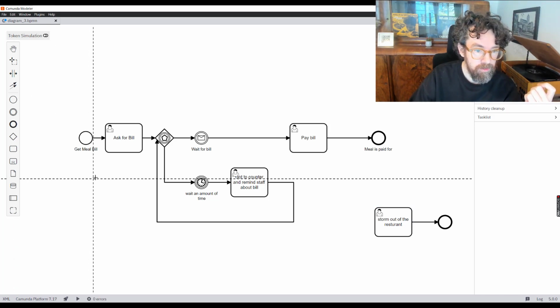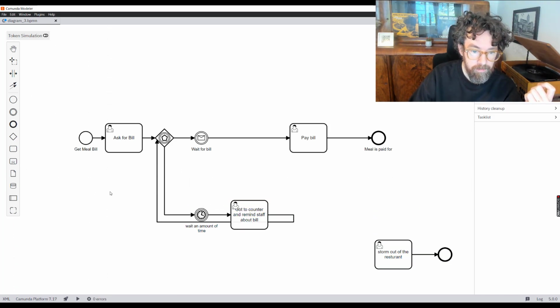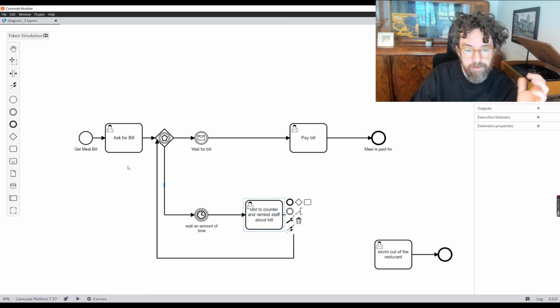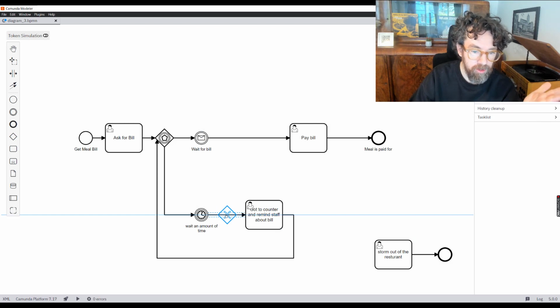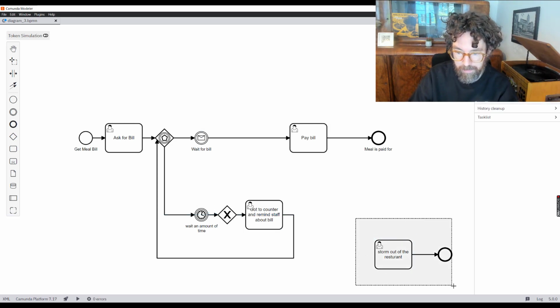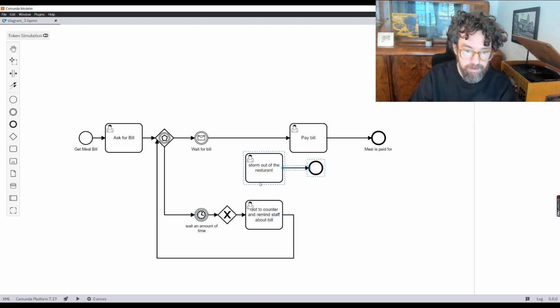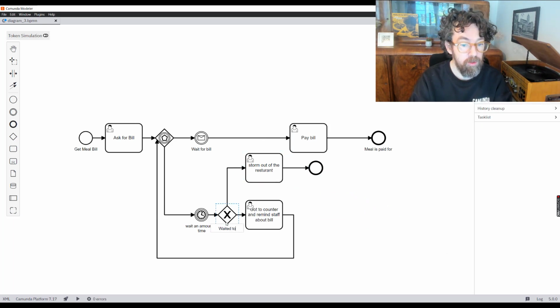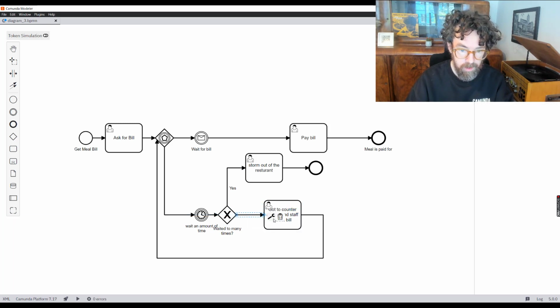So instead, we just need to move some stuff around, because I would love to be able to storm out of a restaurant. I haven't done it before, but I feel like I should, although, yeah, maybe it's a little bit impolite. So I'm going to copy this, and I'm basically going to say, if we have waited too many times, let's say yes, and this is, let's say, a default flow.